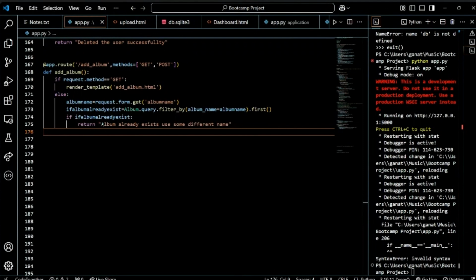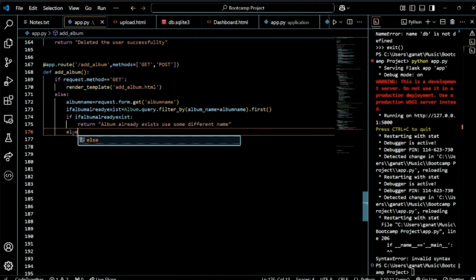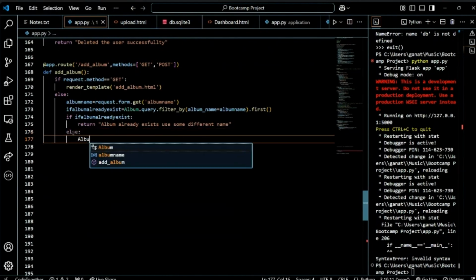But what will happen is that if you have a unique constraint in the database, if I put unique equal to true and then try to add with the same name, it will throw an error. I don't want that, so I will put a backend validation saying that you should be careful about this. And then if it doesn't exist, then what was the purpose of create,